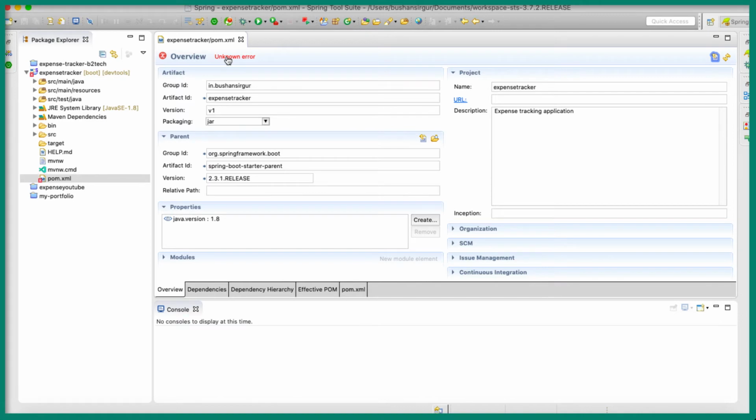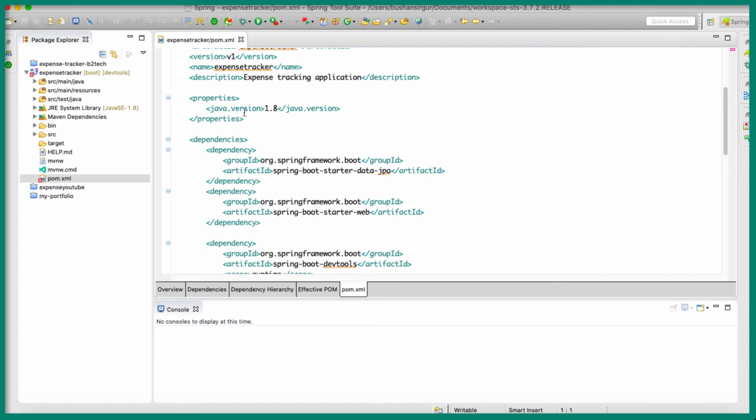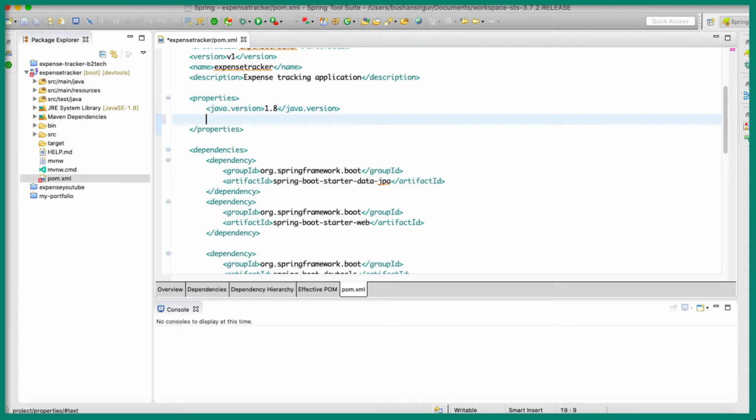This will not give you any problem when you're running the application, but still, if you want to remove this error, then there is a way. You can go to the pom.xml, and inside these properties we have to add the Maven jar plugin version. So let's go to the